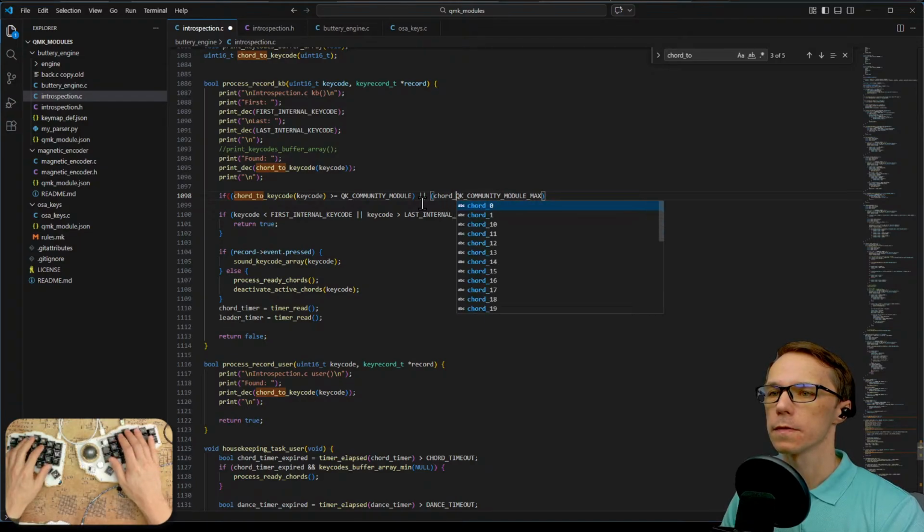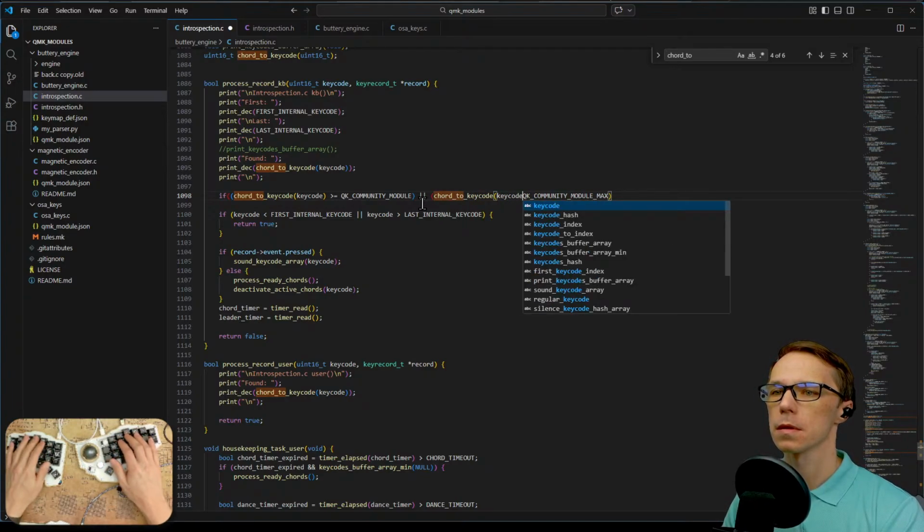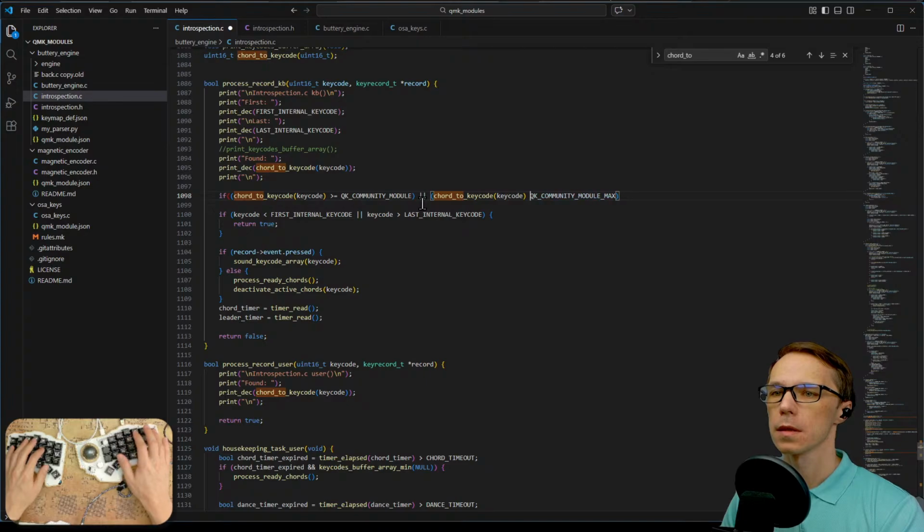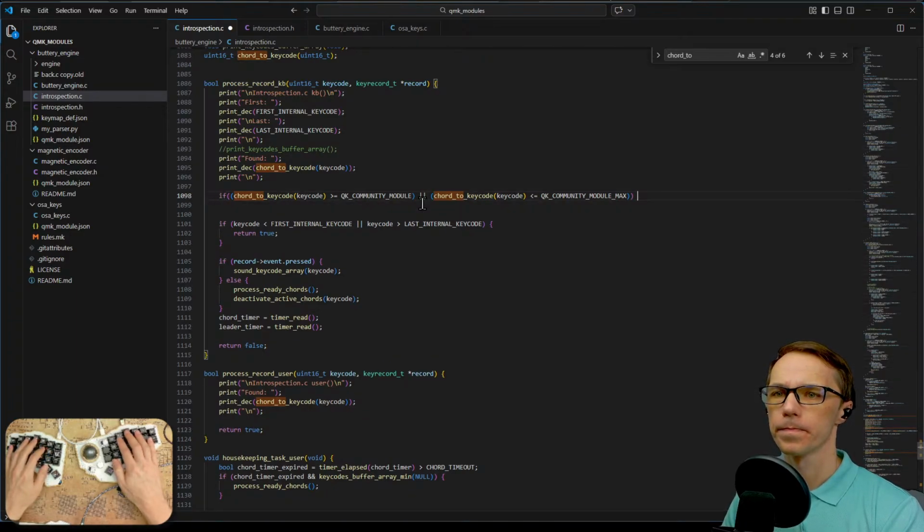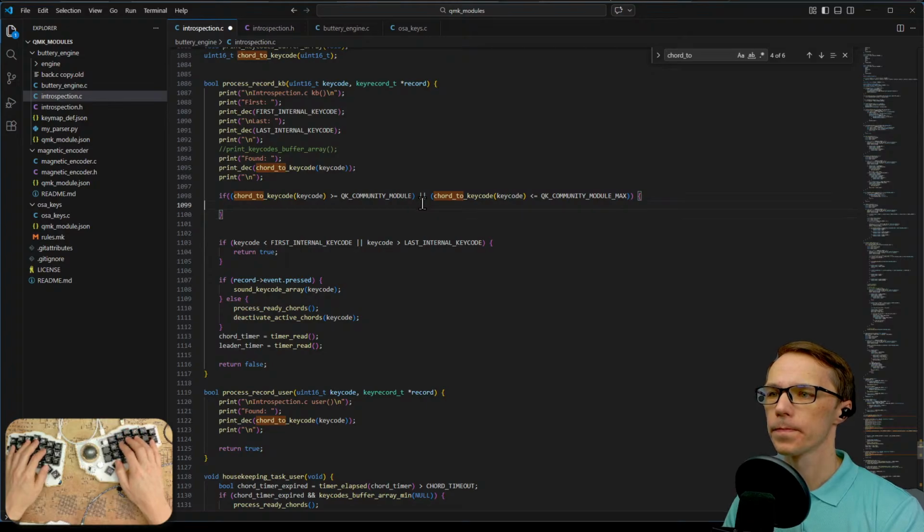So if this goes to key code, is lower or smaller than this, okay, so then we have to